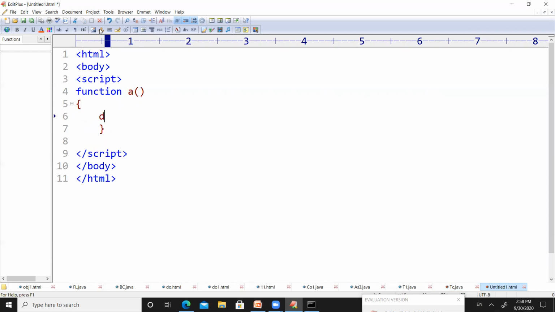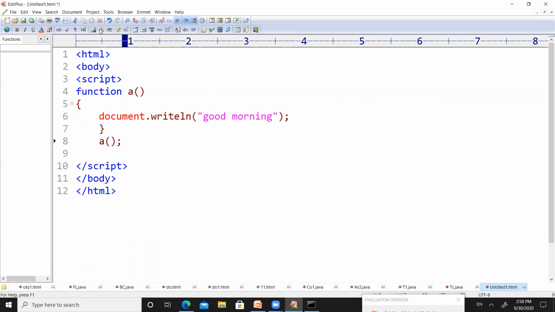If I want to print something on the output screen when we make a call to the function a, we can use document.writeln, for example, good morning. Whenever we make a call to this function, it will print good morning as an output.